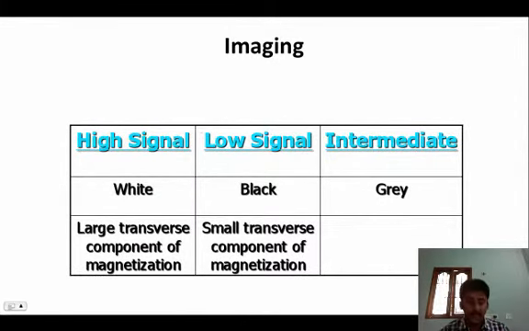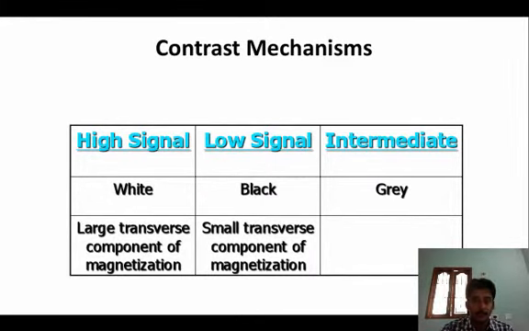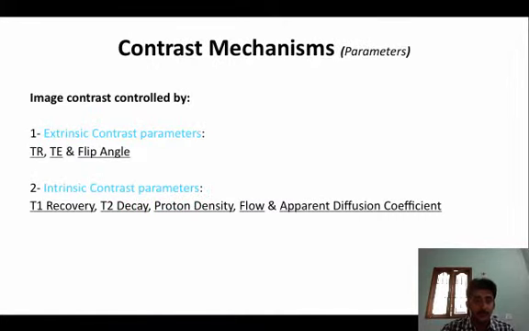So what are the characteristics of an image used to sense the type of cell or the type of tissue in the object? A high magnitude signal is indicated by white, and a low magnitude signal is indicated by black. Intermediate signals are shown in grayscale, which is the gradual conversion of white to black. So this is usually the contrast mechanism.